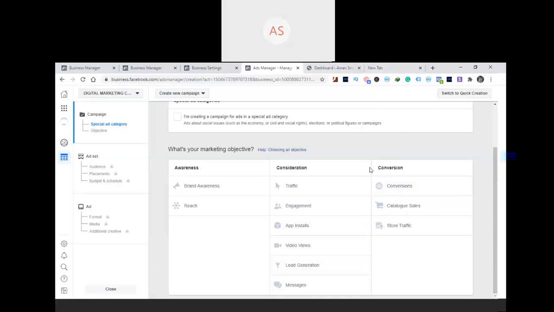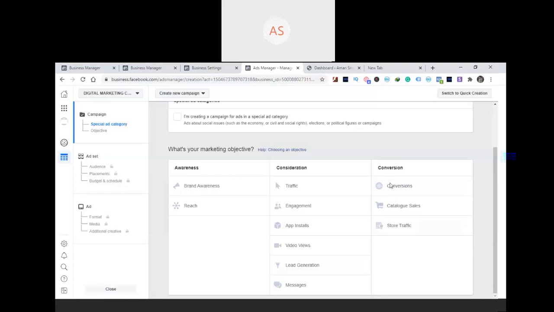How to track all these things. There was an audio issue, so really sorry for that. So how to track all these things? You can use Facebook Pixel. How to track that? I'm going to make a separate video and share the link in the description, on how to install the Facebook tracking pixel in your Facebook ad account.